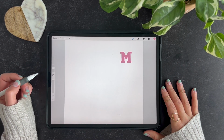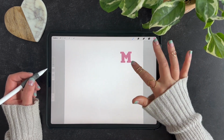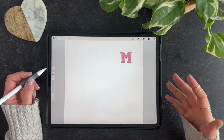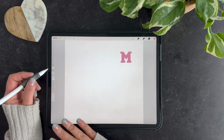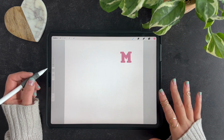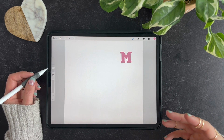Week 13 is a nice bold letter M. It's got a thick slab serif. We do have a little width variation, and this letter is very symmetrical if you do it a certain way. Normally, I prefer to draw one half and then duplicate it and flip it like you've seen me do in past lessons, but just to teach you some other Procreate functions and features, we're gonna use a drawing assist on